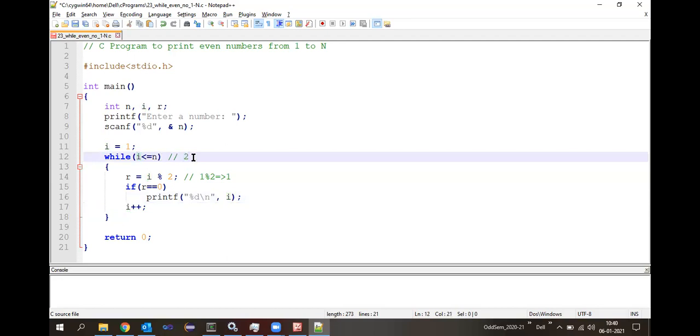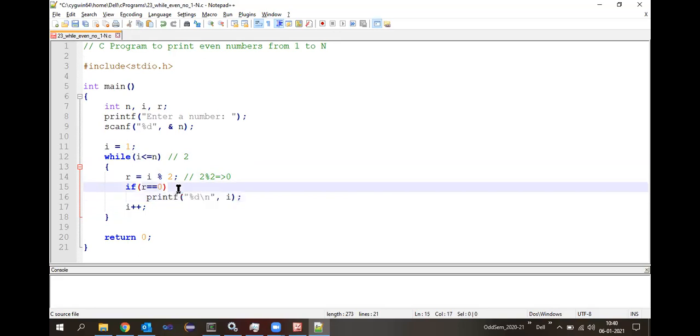This time I is 2 and the condition is true. Then 2 modulus 2 will be worked upon. So 2 modulus 2 is going to give a result of 0. Now R is 0, and in the if condition R equals 0, 0 equals 0, the condition is true. Since the condition becomes true, execute this statement, that is print that particular number.